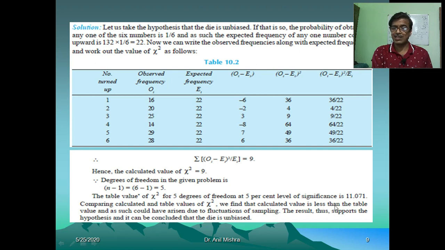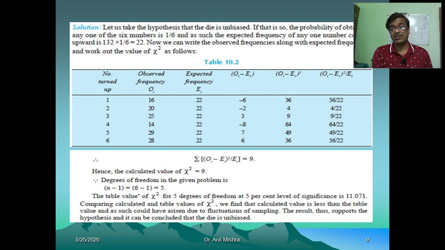9 is less than the critical value, so it is less significant. If it is less significant, we have to accept the null hypothesis. That means here we have to conclude that the dice is unbiased, because we take the null hypothesis